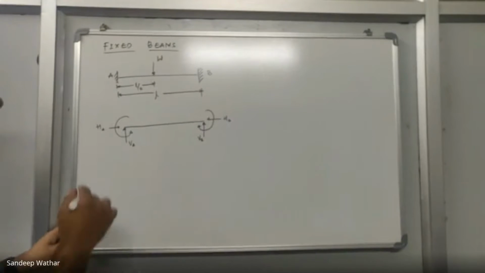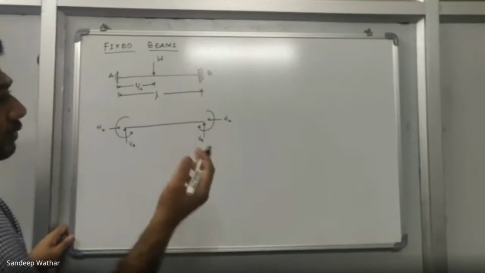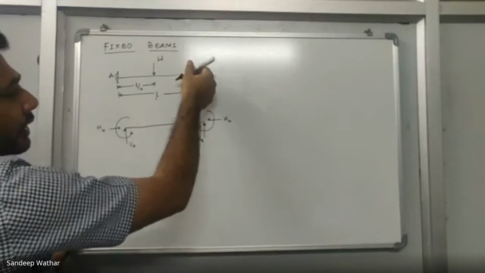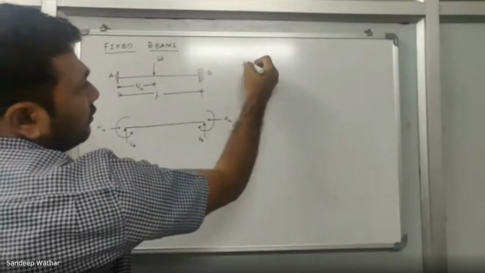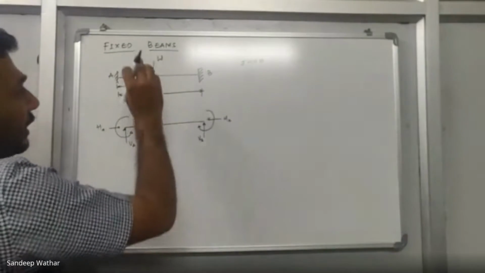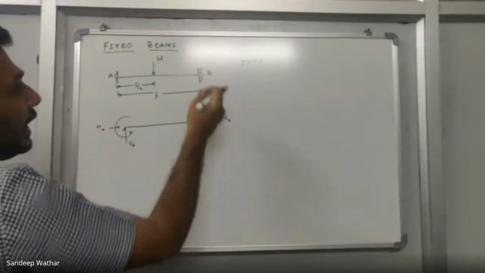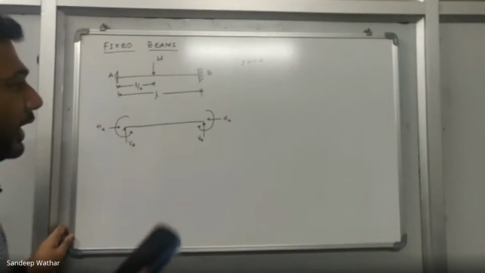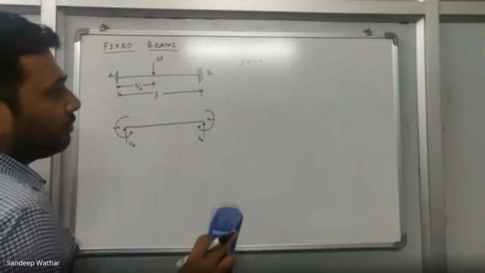What are those two reactions I'll eliminate? I'll eliminate the horizontal reaction at A and the horizontal reaction at B. I'll give the reason why I'm eliminating them also. If there is no horizontal load acting on the beam, then HA will be equal to HB, because we know that the summation of horizontal force should be equal to 0. So it simply means that HA and HB will be equal to 0. Only when there is a horizontal force will HA and HB come into existence. Unless there is a horizontal force, HA and HB will be equal to 0. That's why I'll reduce the reactions, because I already know HA and HB are equal to 0. So that's why I'm eliminating both of them.